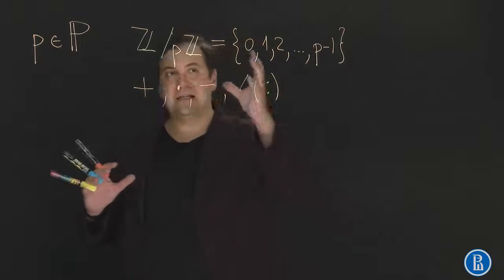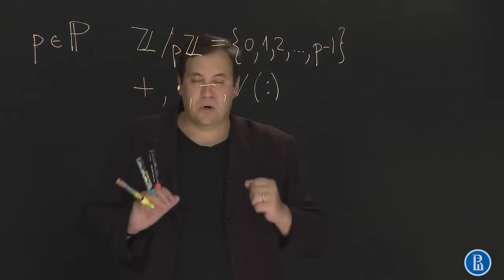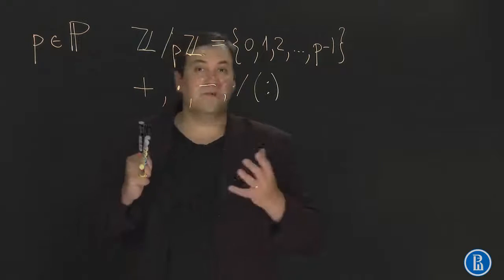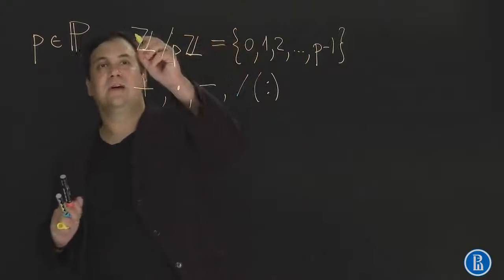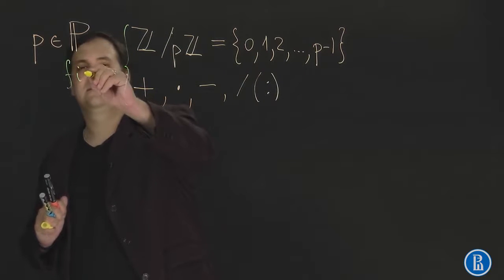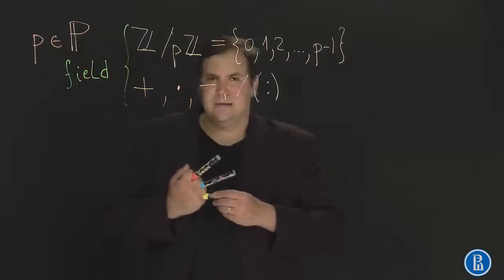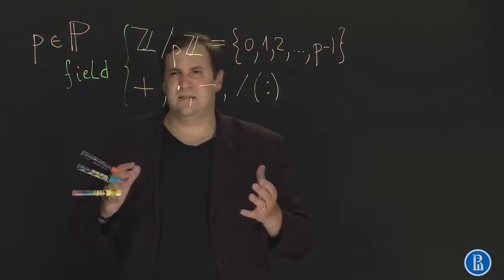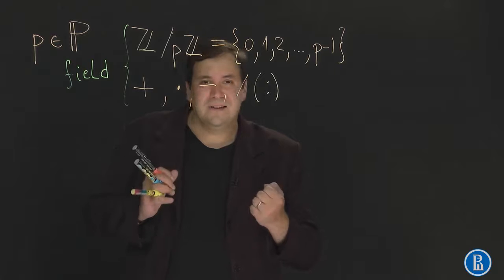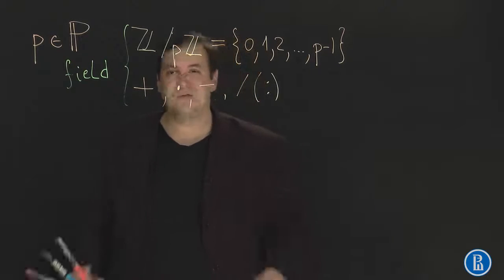And this set of remainders with corresponding operations forms a field. Well, this is a well-known fact. And let's just feel that it is obvious that all field properties for